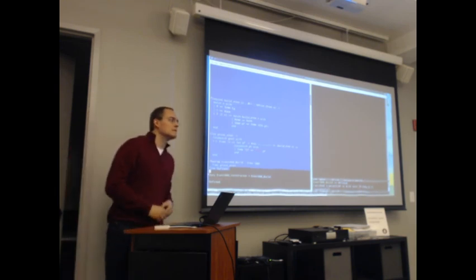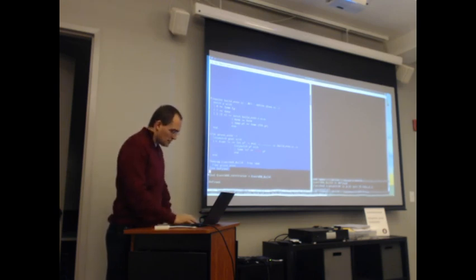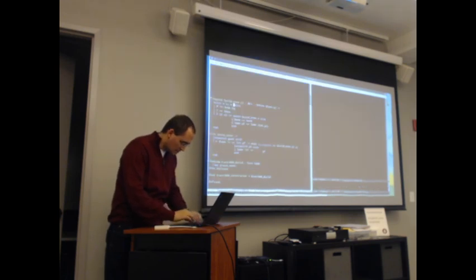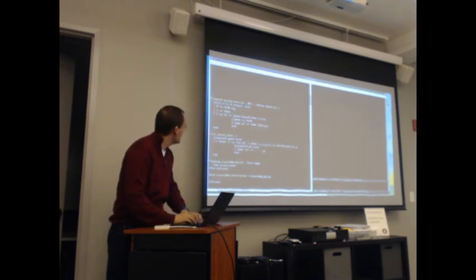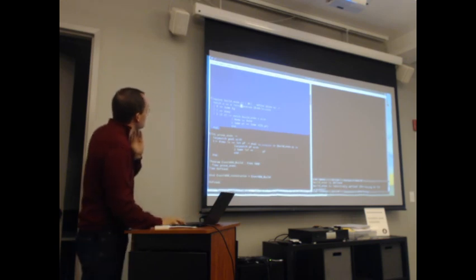Did you say that build even was using dependent pattern matching? Yes. In what sense is it dependent? This is using something called the as clause, and it says option even n. And the as clause basically says